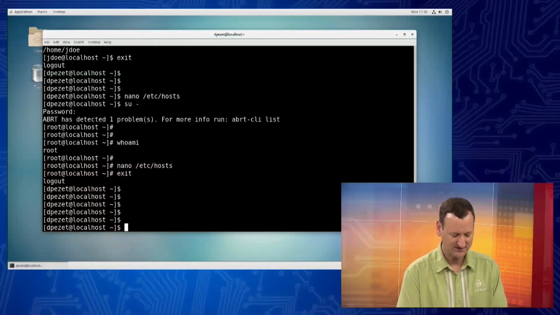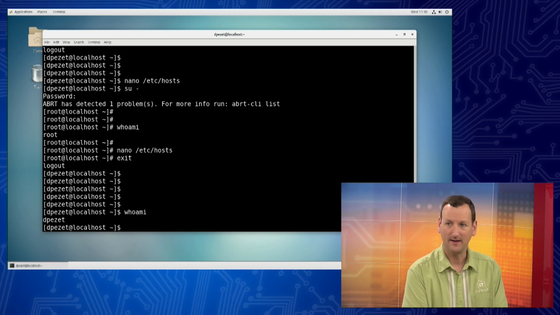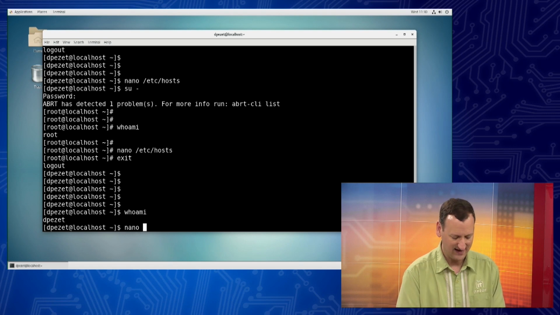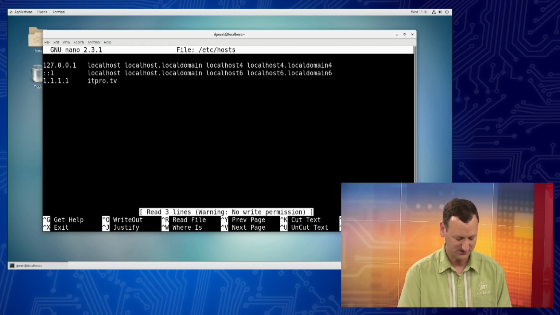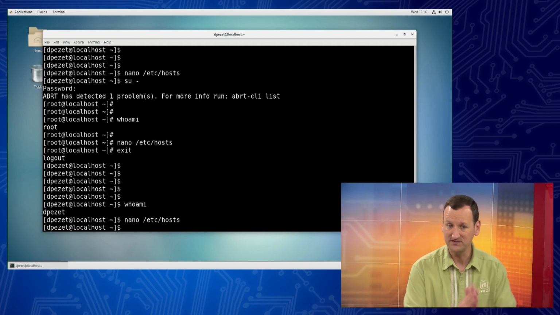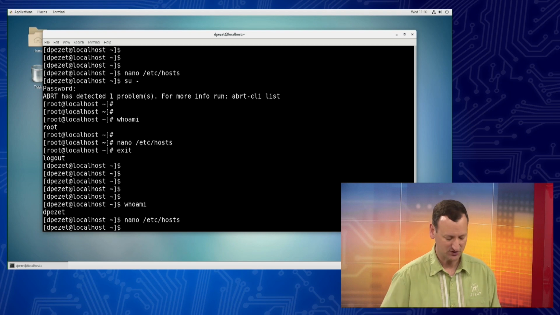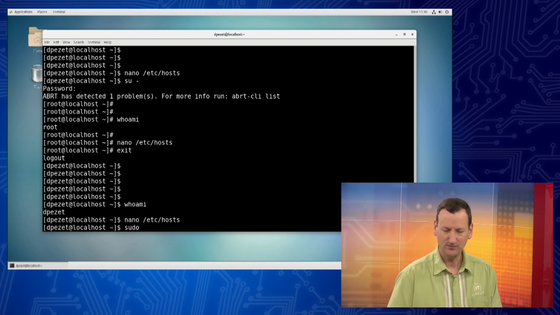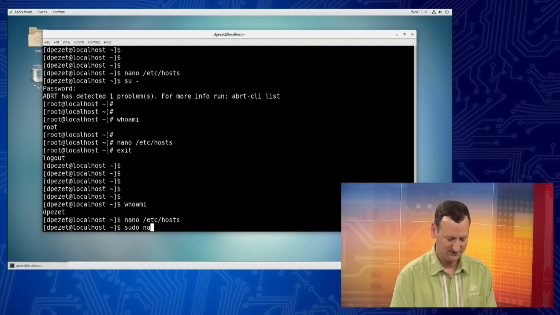And the way we can do that the easiest is by using a command called sudo. And this one actually stands for super user do. So we're telling the super user to do something and be done with it. So if I come in and I say, whoami, right? I'm dpossessed. And I know that if I edit /etc/hosts, I'm going to get that warning that I don't have write permissions. So if I just want to get in and modify that file one time, right, and I want to do it as the super user, I could type sudo, so super user do,